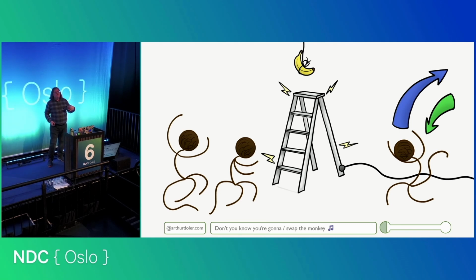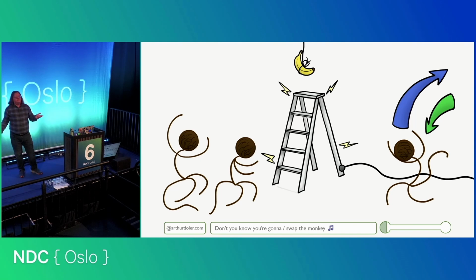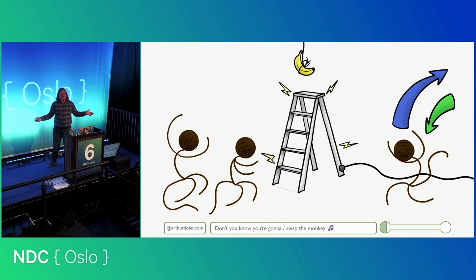If you keep swapping out chimps in the room, the theory goes that you could swap out the entire room full of chimpanzees, and you would have chimpanzees who had never themselves been shocked, but would all avoid the ladder. And at that point, you could actually unplug the ladder because they've learned through the environment, right? There's become a social norm that you don't go for the ladder. These are the two extremes of this spectrum.